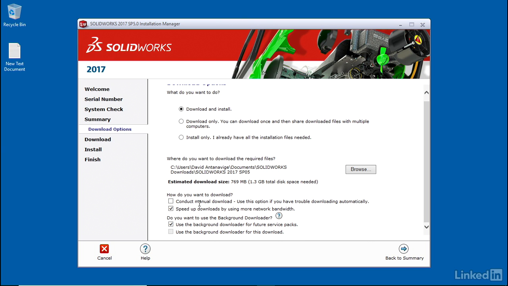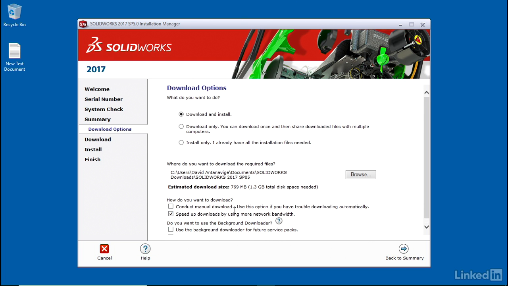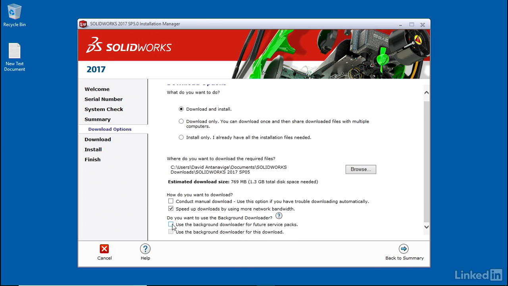You can also initiate the background downloader for future service packs. These are really up to preference and what your specific system is set up for. If you don't want to use the background downloader, you just uncheck it. It's not a big deal, but if you want to have your recent versions of SOLIDWORKS downloading in the background so that when it is time to install, you don't have to wait for a potentially big file to install, you can just leave this on and it will automatically download that when the service packs come up, and leave it on a location in your computer where this folder is already located, and just keep filling